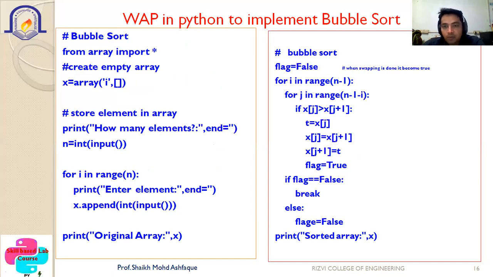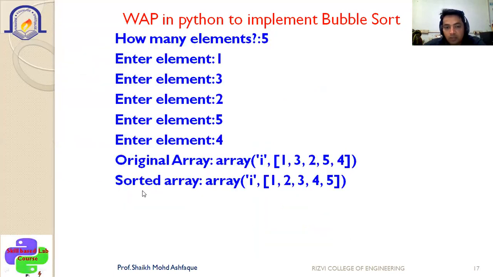And after that, the logical operation of your bubble sort on the right hand side of the slide will remain the same as you have studied in the data structure and analysis of algorithms. Nothing is to be changed. Whenever the first data is greater than the second data, then we have to perform the swapping of it. And then finally, when everything is in the sorted order, then it has to be displayed. So you can see the output, sorted array 1, 2, 3, 4, and 5.